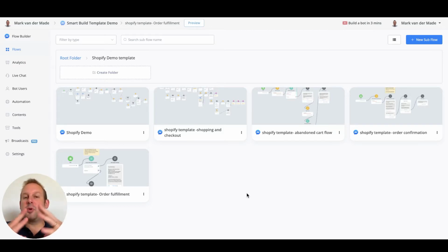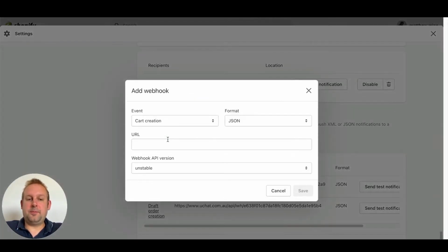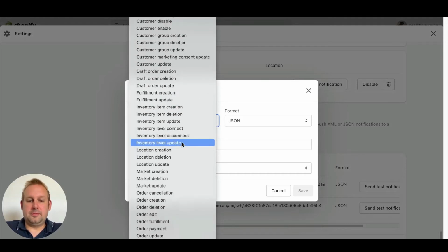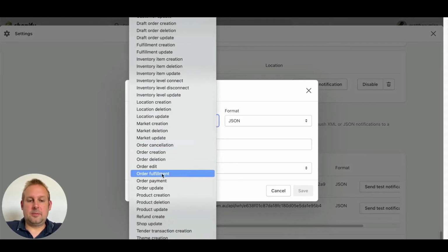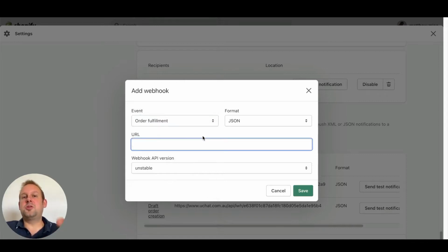So let's create a webhook inside of Shopify first. So let's head over towards Shopify. From here, we are going to create a webhook and the webhook event will be order fulfillment. From here, make sure that the format has been set to JSON and now we need to insert the UChat